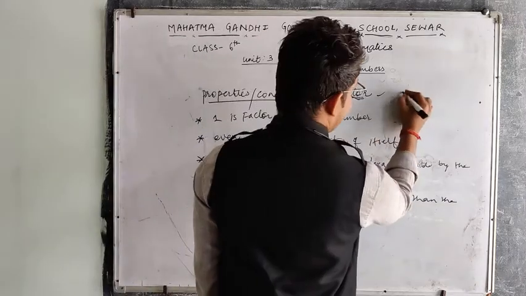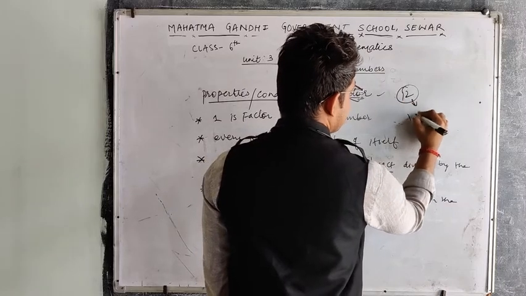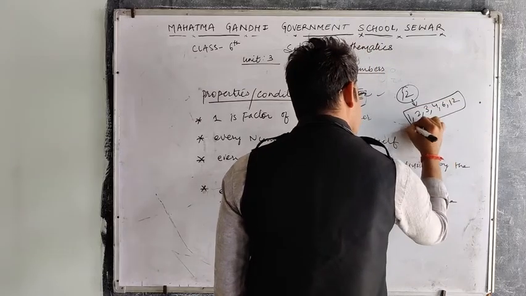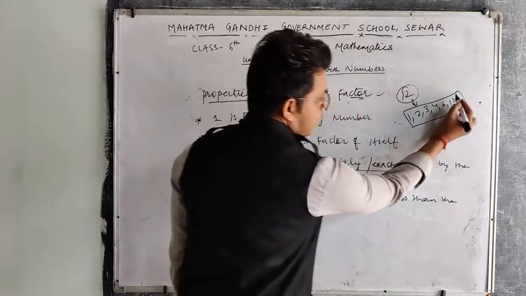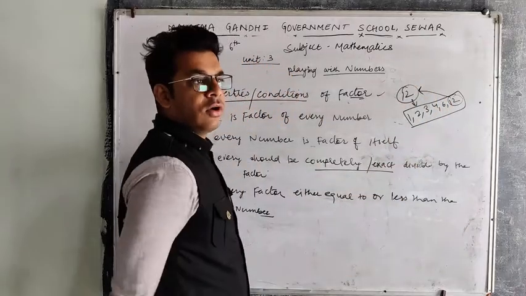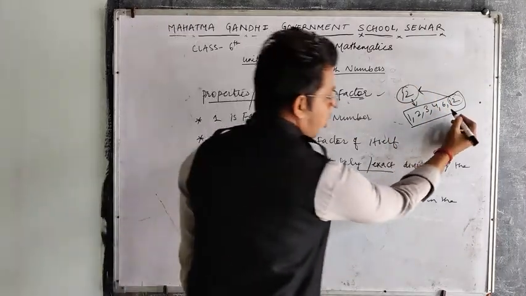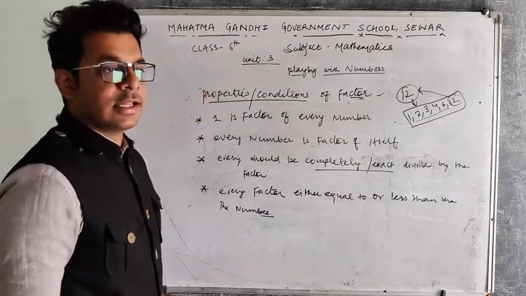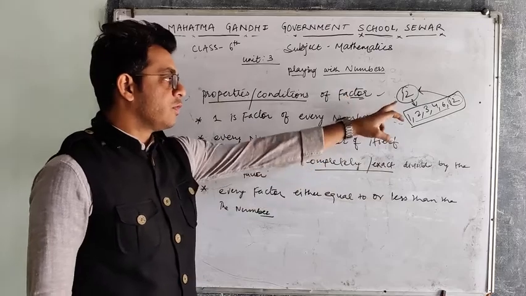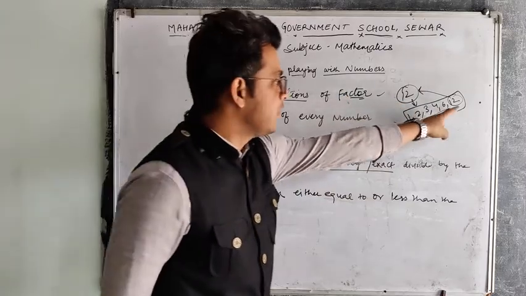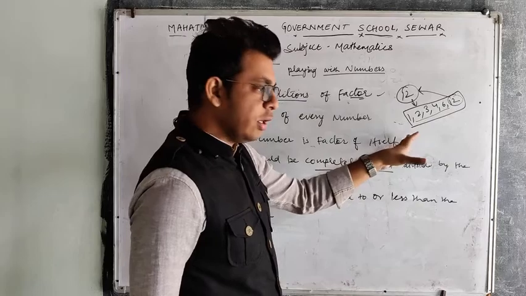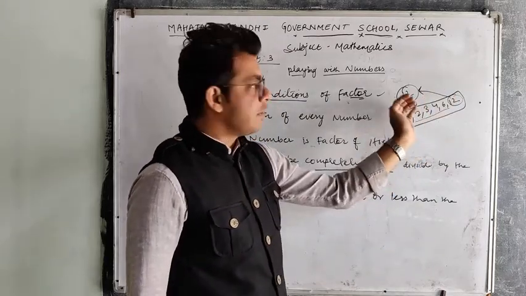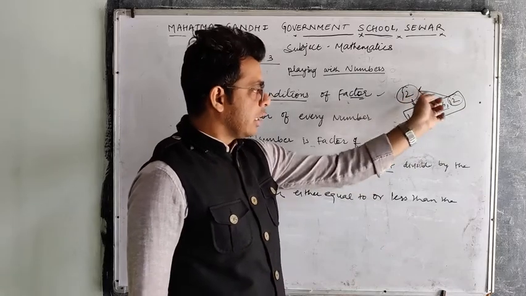As I write the factors of 12, there are 6 factors: 1, 2, 3, 4, 6 and 12. So the factors of 12 are either equal to 12 or less than 12. All the others are less than 12. A factor can't be greater than the number we are calculating factors of. We are calculating factors of 12, and 12 is equal to 12, so it can be equal or it should be below. All other numbers are below, and the number we are calculating the factors of is equal to itself.